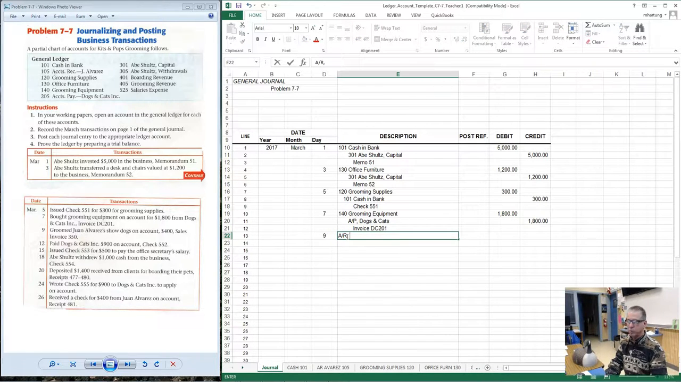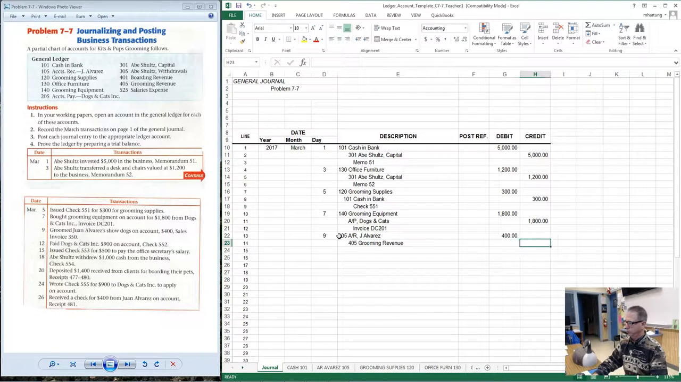Accounts receivable J. Alvarez. That was for $400. And then put in our revenue account, which is, oh, I forgot to put in that account number, which was 105. And then here we've got 405, grooming. And so that's going to be 400 there. And our source document is, we bill them with invoice number